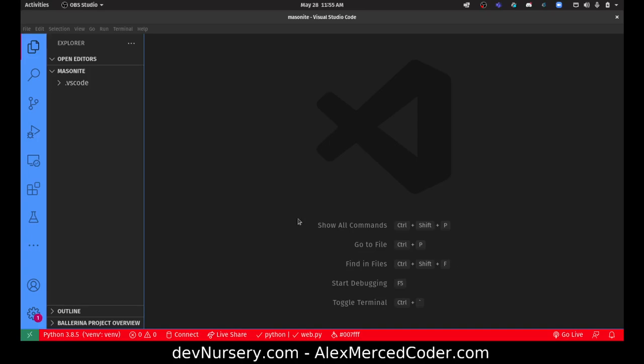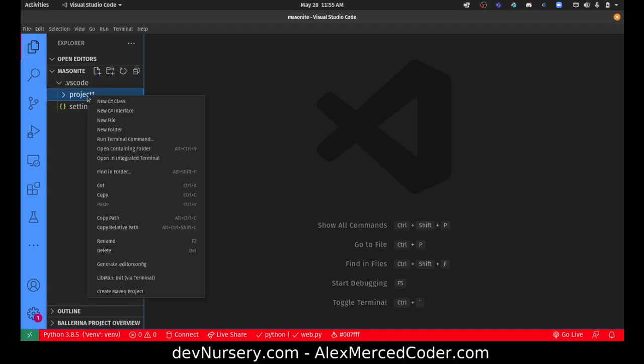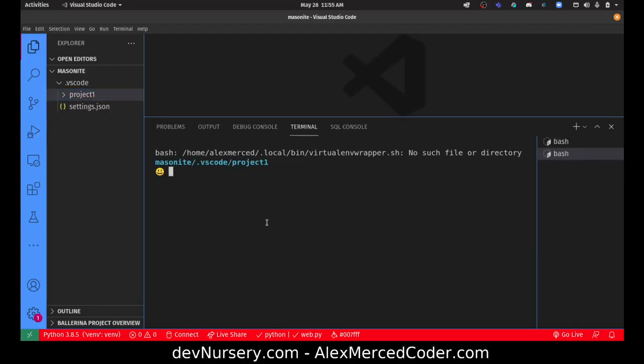So let's do the thing. What I'm going to do is create a new folder for a project. So we'll just call this project 1. I'm going to open up my terminal in there. I'm going to create a virtual environment, which I can do using the built-in generator in Python. So python -m venv, because that's the module that generates a virtual environment, and I'm just going to call it